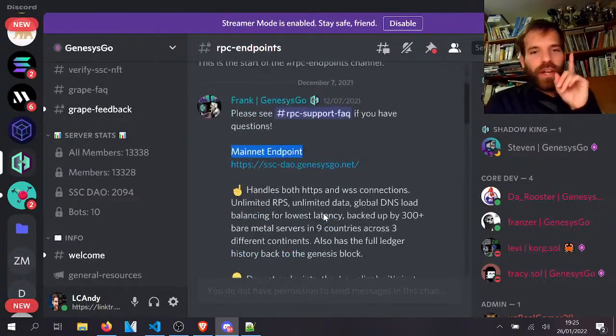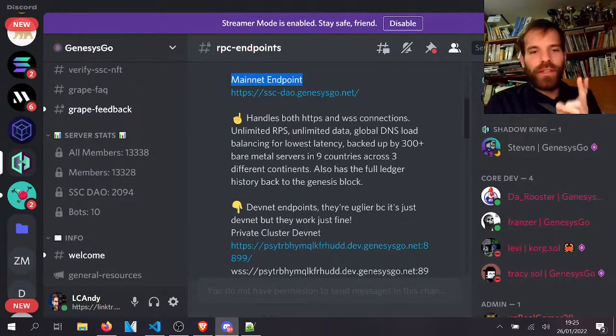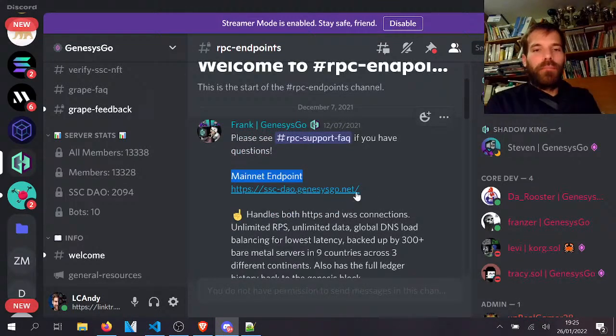And at the current state, you do not need to be authenticated to use it. So for now, it's still free. At some point, they will change that. But for now, we can just literally plug it in like this